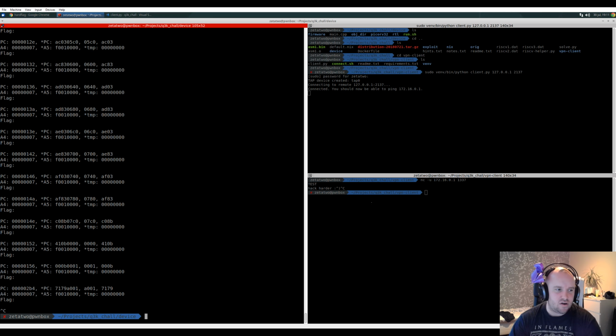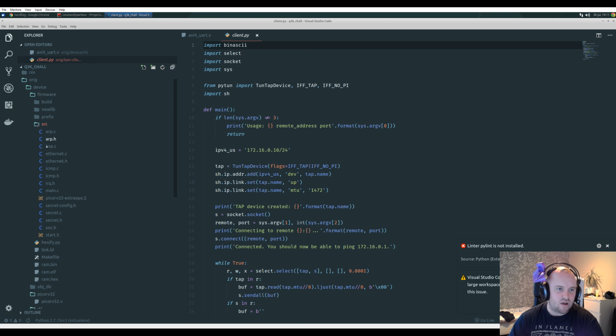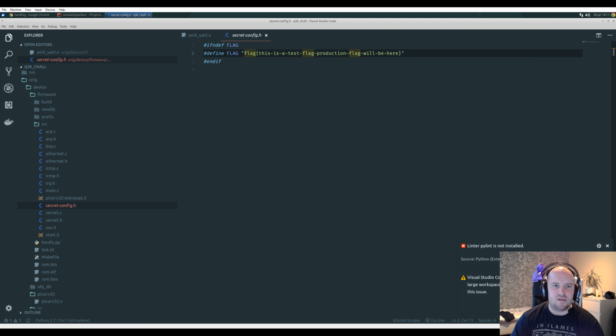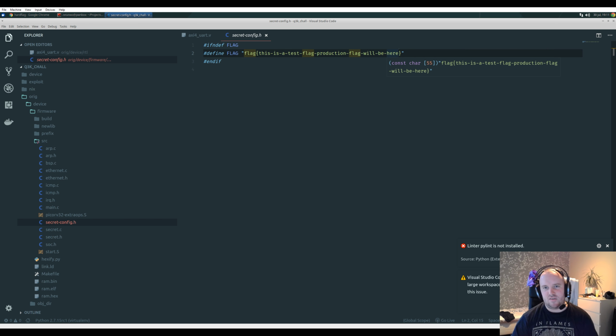So somewhere here there's a vulnerability. And also, what I did last time was looking at this firmware code and understanding what it's doing on the software level, and we have this secret config where the flag is. This leads me to one point I wanted to talk about when you get